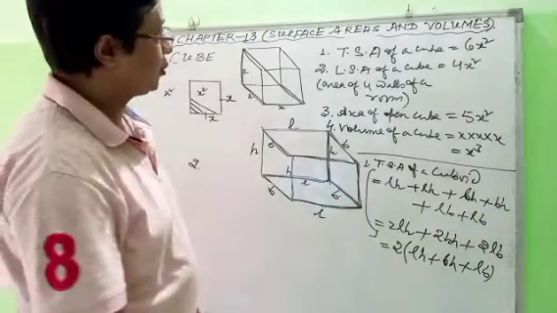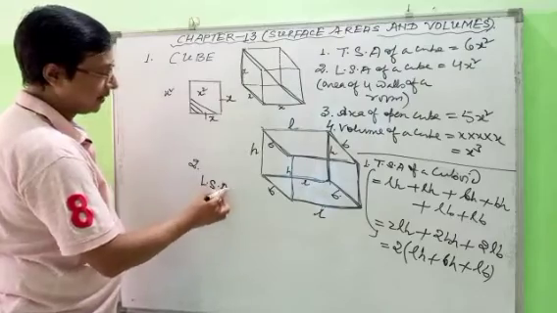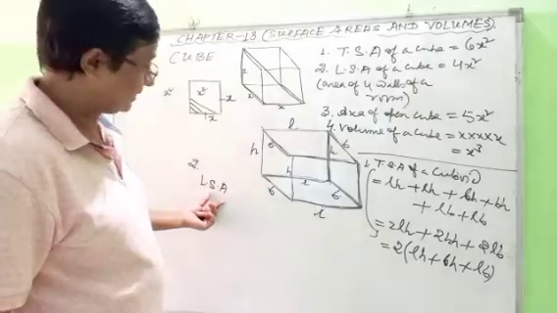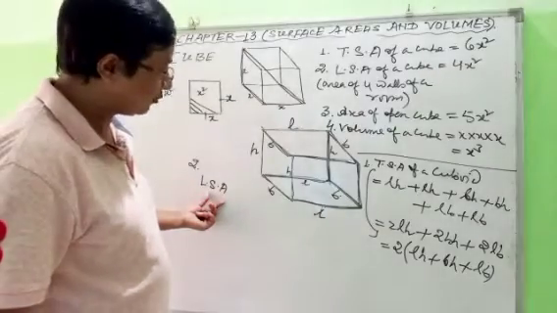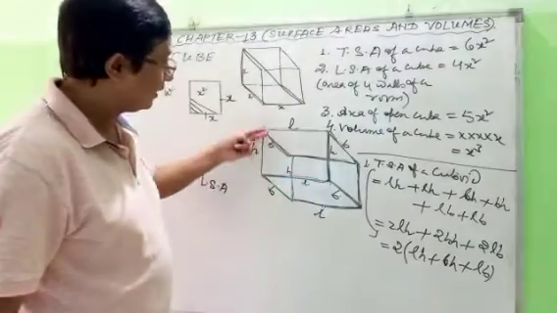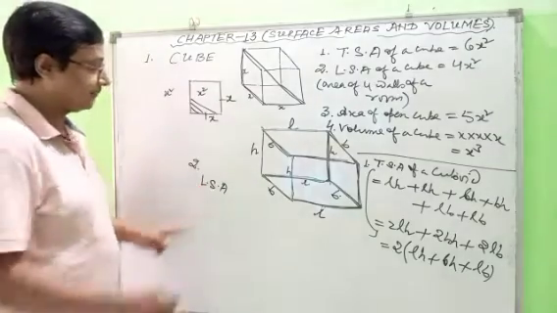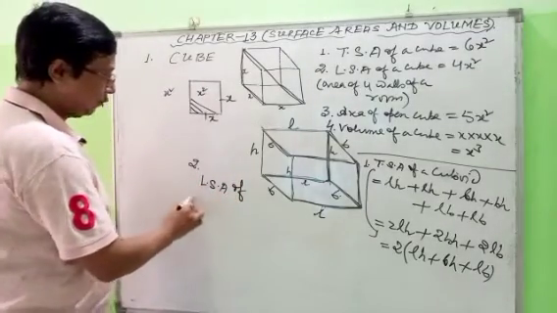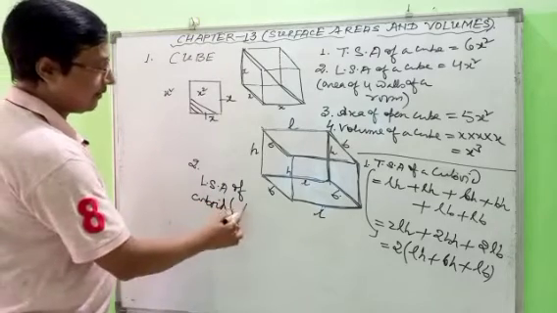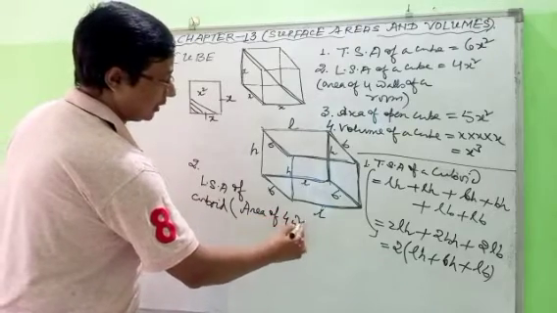Number 2. So here now the lateral surface area, which is called the area of the 4 walls. That means you will not count the base and the ceiling. You are just going to count the walls. So this is called the lateral surface area of a cuboid, or else you say area of 4 walls. Area of 4 walls